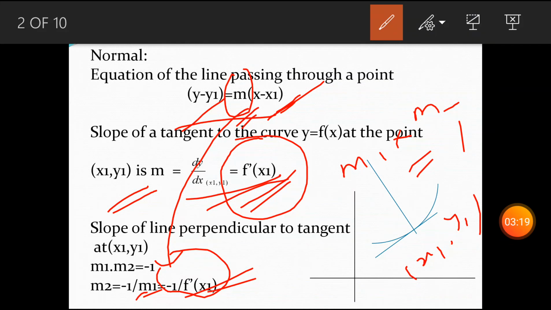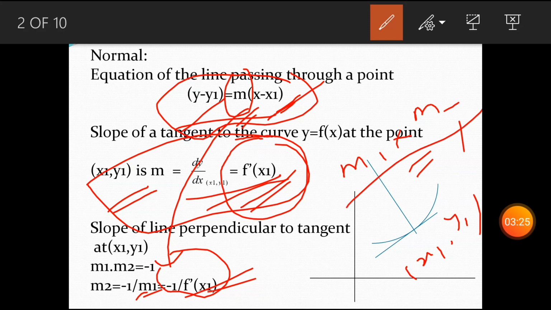So that's very simple, very easy. We are using only this concept and this concept, and the third concept, m1 into m2 equals -1. If you know the fundamental geometry well, then it's very easy to do the questions of tangent and normal. First of all, you just read the question and then draw it in your mind, what exactly is happening, what is their demand, and after that it will be easy for you to solve the questions.